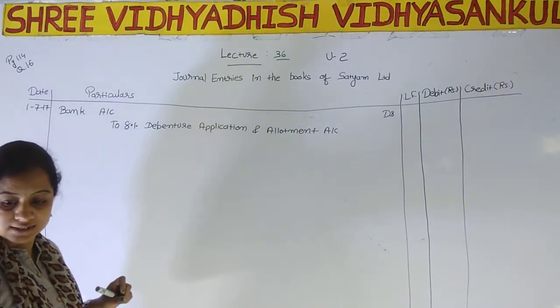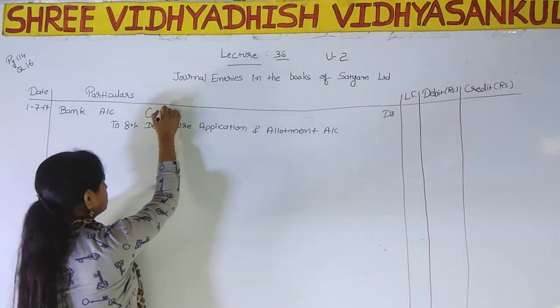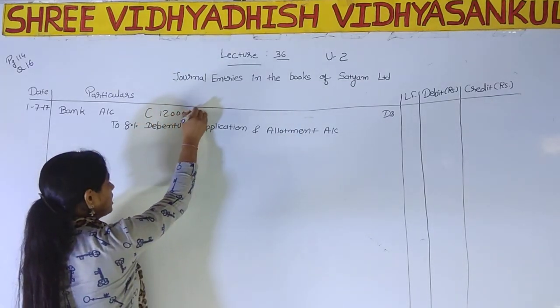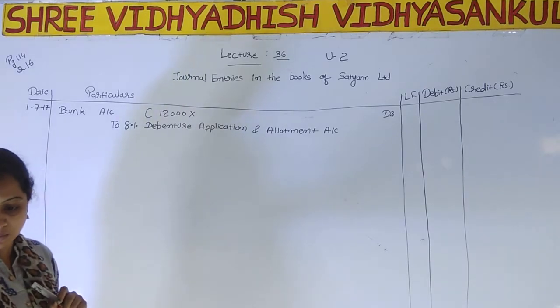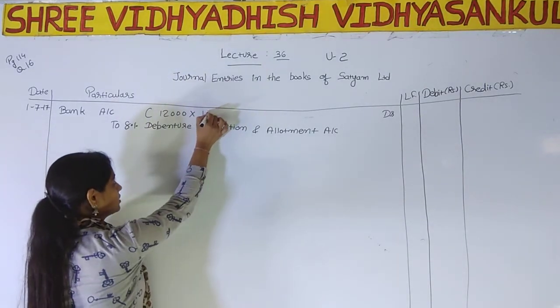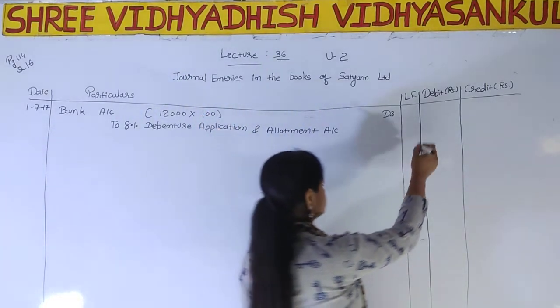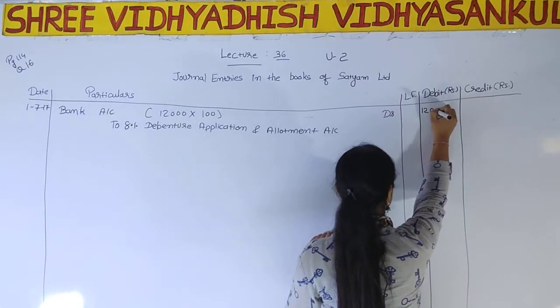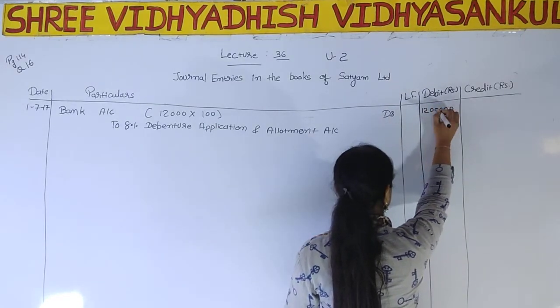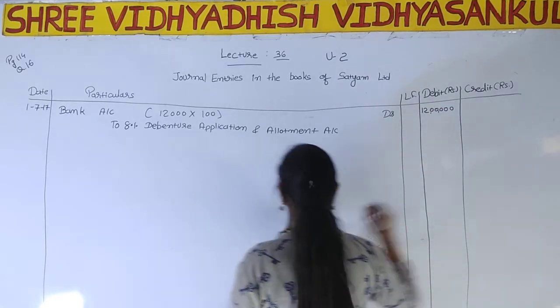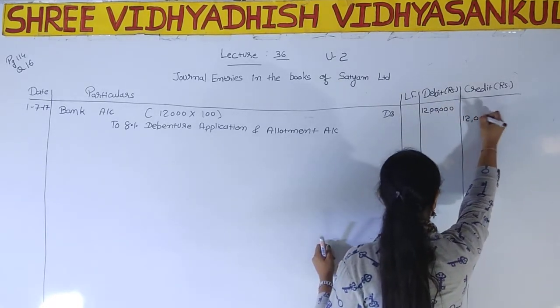The amount is, number of debentures are 12,000 into, we have issued this at a par, so 100. The amount will be ₹12 lakh on both the side,